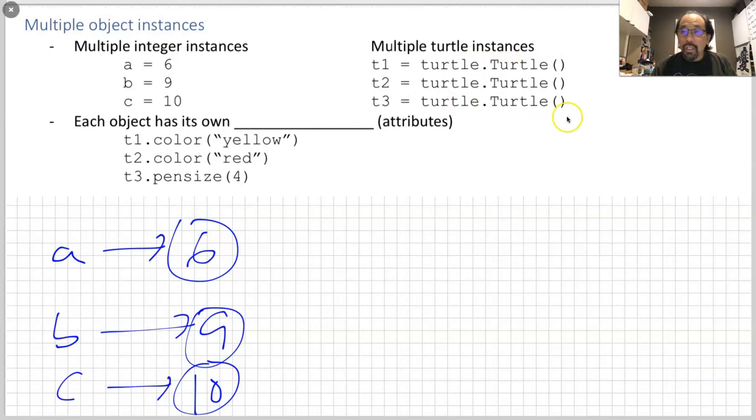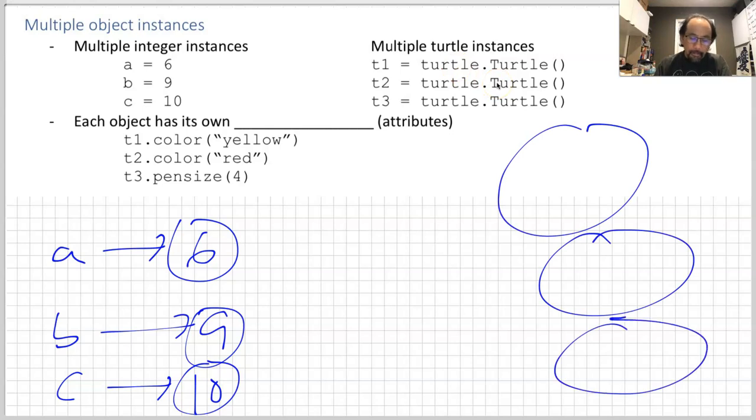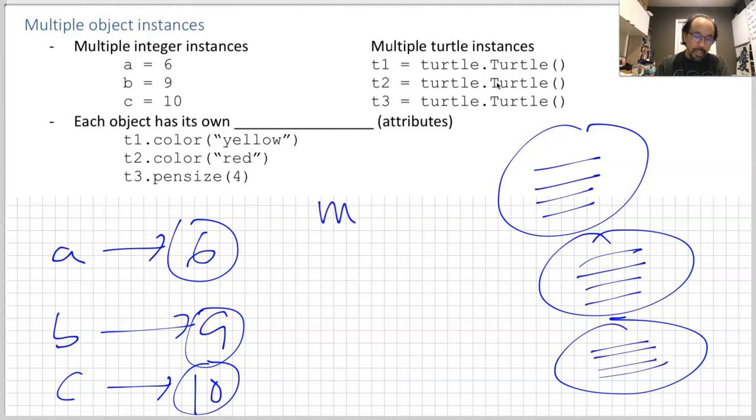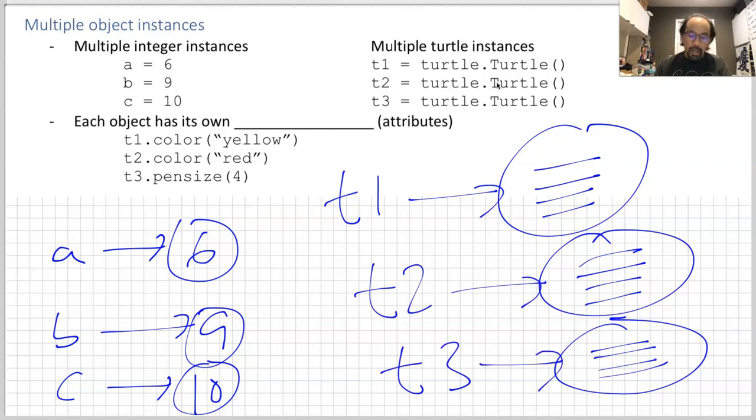Now, this is just another way of making another kind of object. In Python, I'm making 3 turtles. So I have turtle 1, turtle 2, turtle 3, and they're all initialized with some basic information inside of them. And so then I have T1 pointing to one object, T2 pointing to another object, T3 pointing to another object. And like I said, each one of these objects